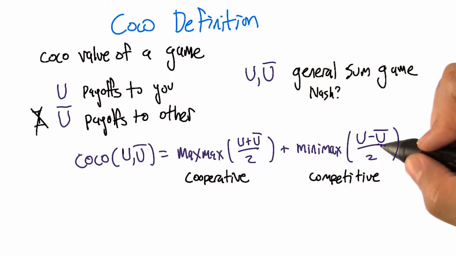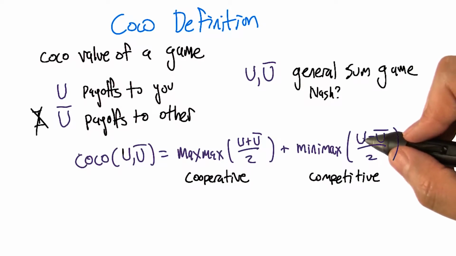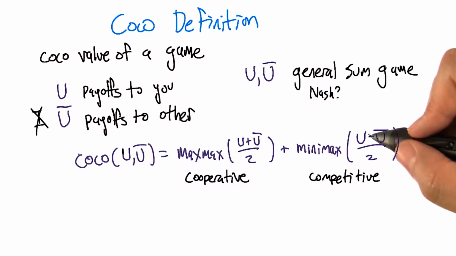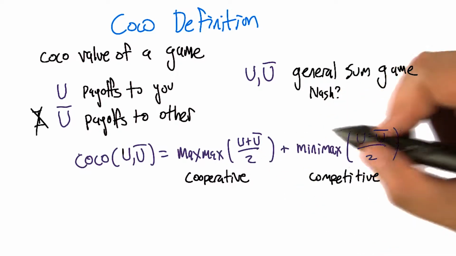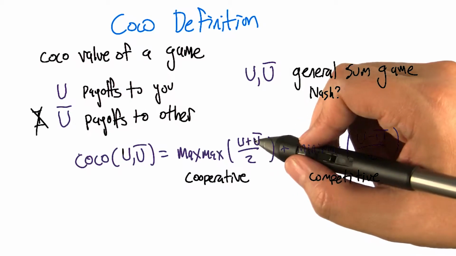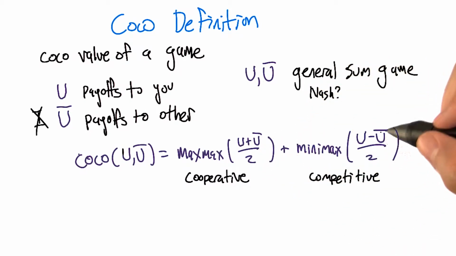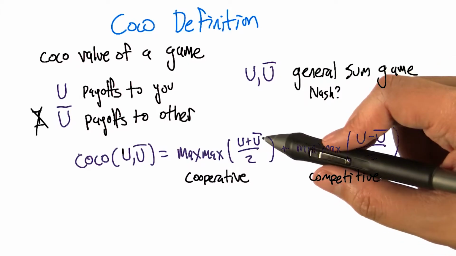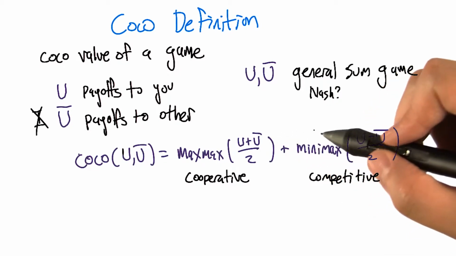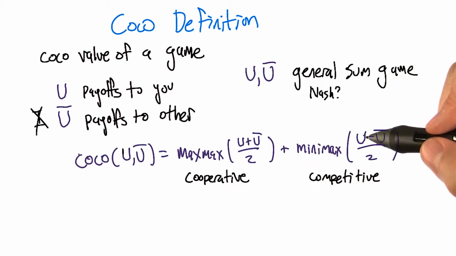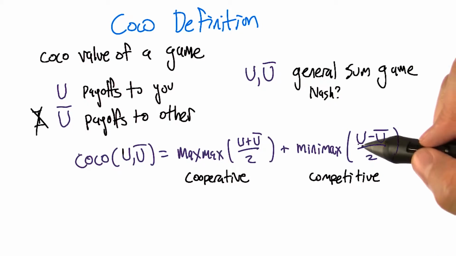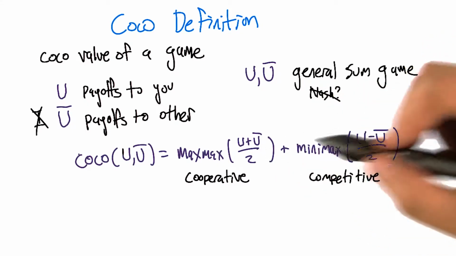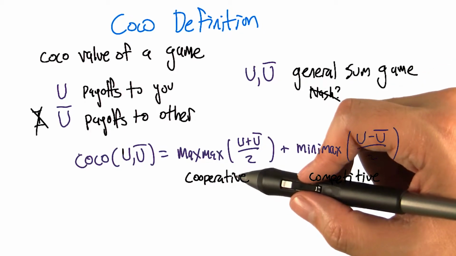That seems reasonable. The purely competitive version is for us to look at the difference between the utilities that we get and split that in half. So it ought to be the case that if we add these two matrices together, U plus U bar over 2 and U minus U bar over 2, we get U from the perspective of U, and we get U bar from the perspective of the other player. So we recover those same utilities from the general sum game,